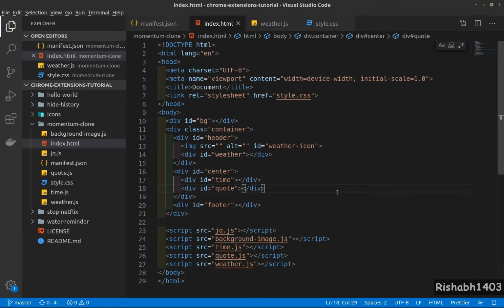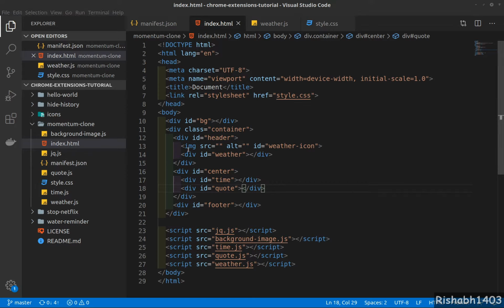Hey guys, in this one let's design the page a bit. As you remember from earlier discussion, the whole page would be divided into three sections: header, center and footer that I have here, and then they will be on top of each other. So let's make a little bit of changes here and there so that we prepare this HTML for our CSS.